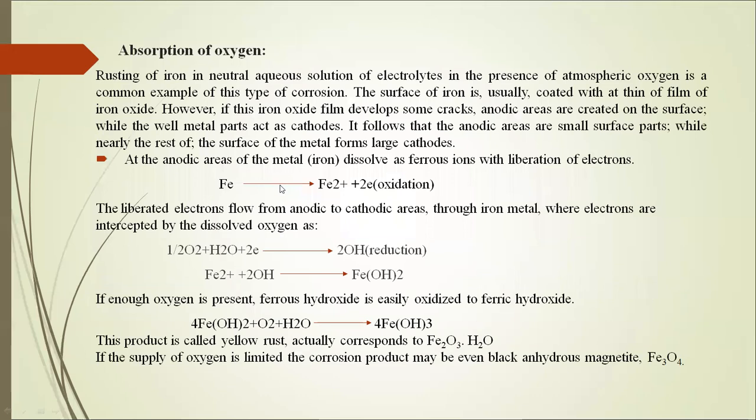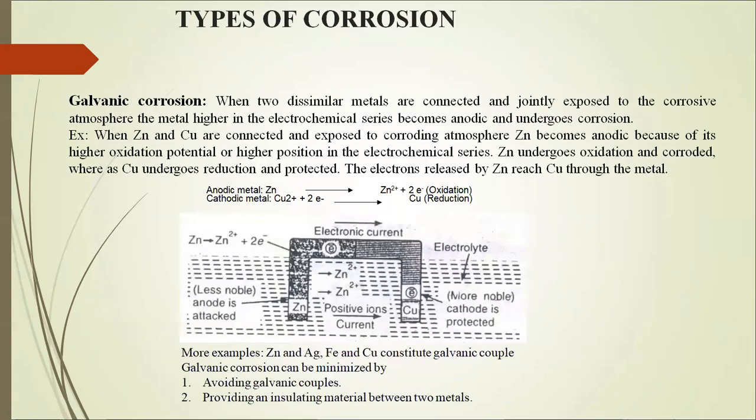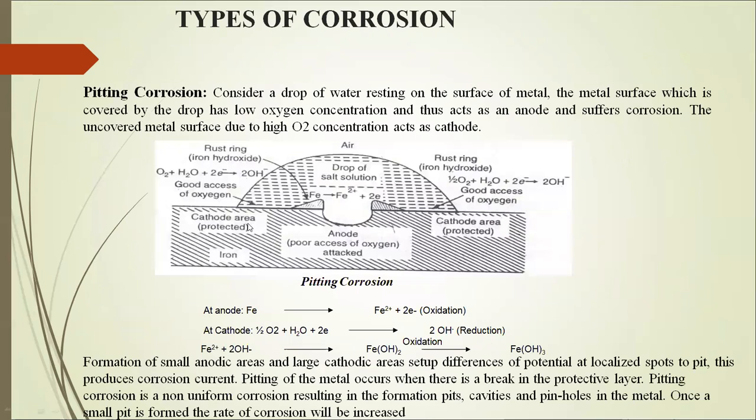Next, coming to the next type, that is absorption of oxygen. In case of absorption of oxygen, we just take an iron metal. That iron metal is exposed to atmospheric O2. For example, here in this diagram, I have taken an iron metal, and that iron metal